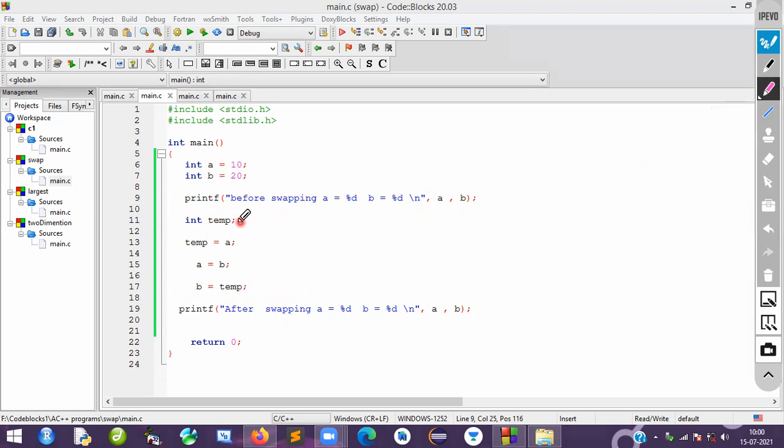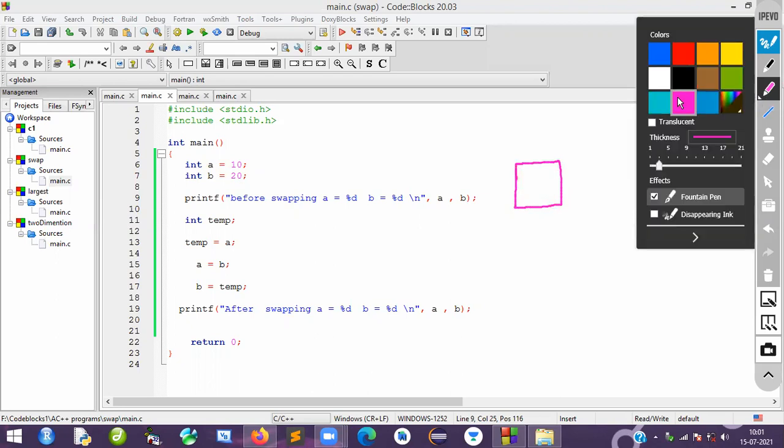Very simple. Let's consider A having a value that is 10. Let's say in memory it looks like this. This is 10, consider this one as A. I will consider one more memory, that is B. I will consider this one as B. Again, I will consider one more memory, that is temp memory, like this. This is temp memory.